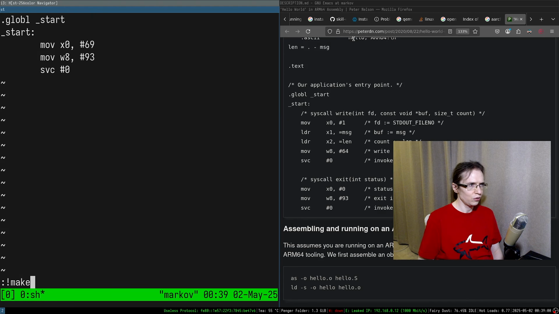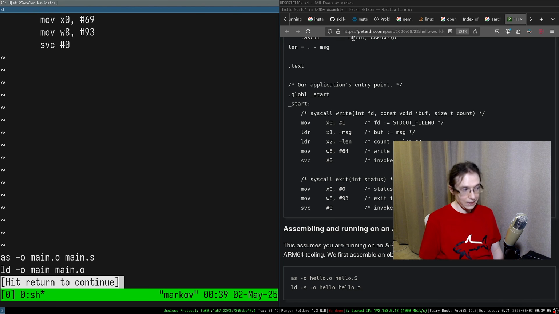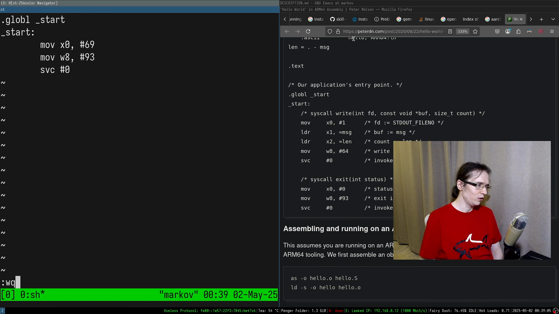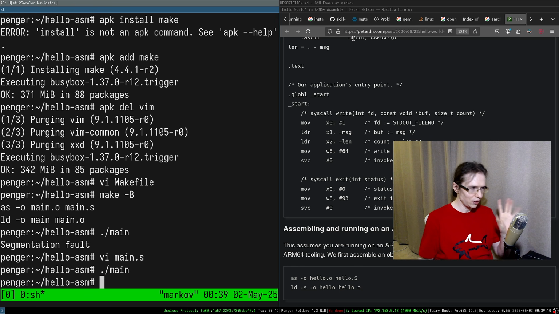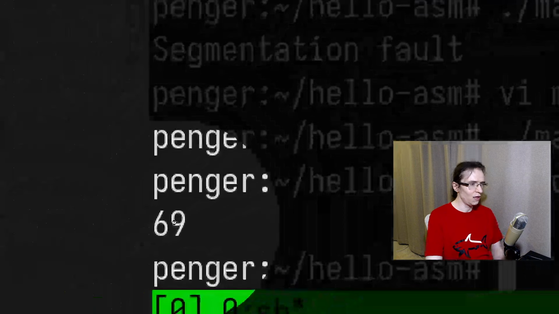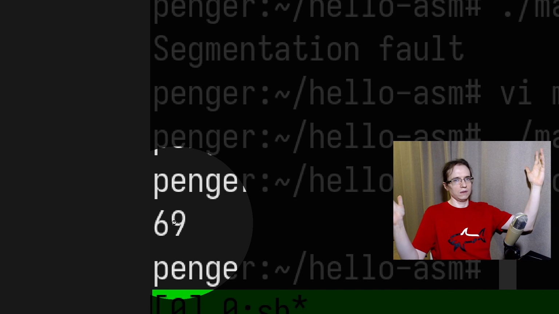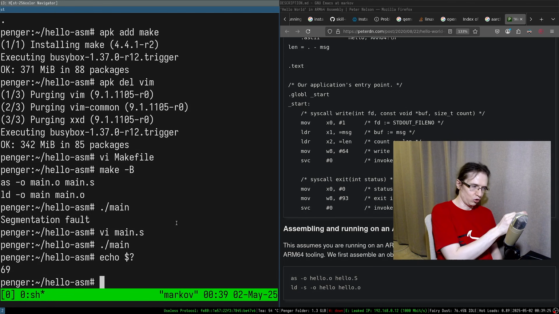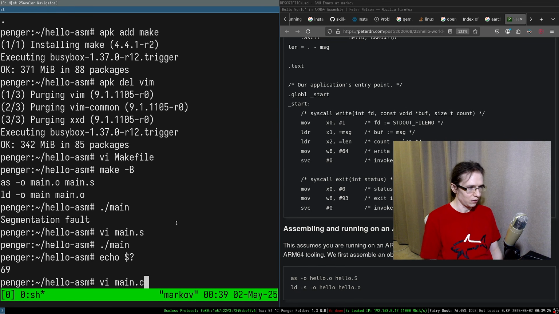Okay, let me try to call an external command, and it worked. Now let's exit. And if I try to do that, it doesn't segfault. Remember it segfaulted before? It doesn't segfault. Now if I take a look, what is the exit code of the previous command? It is in fact 69. Absolute choding. We can control the exit code. We can change it to something else.